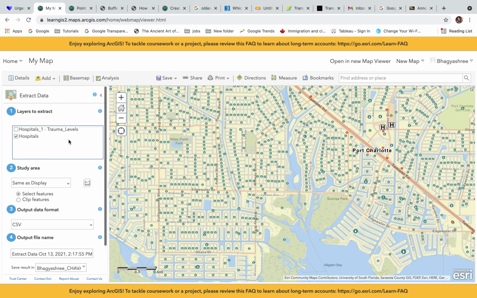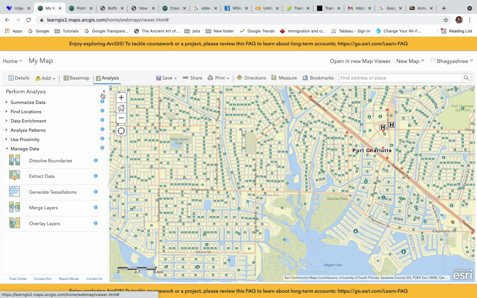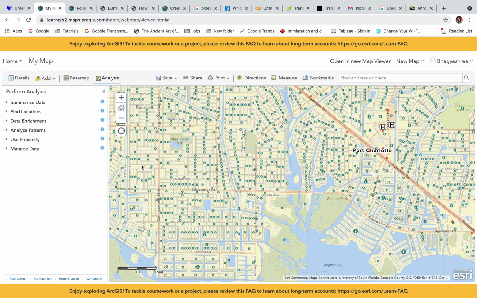I'm not very sure how this is going to be added here, but I think when you do the analysis, this kind of data set is created automatically, because previously I have done one analysis with the hospital, which is why inside the managed data you can see the trauma level, one more data set.